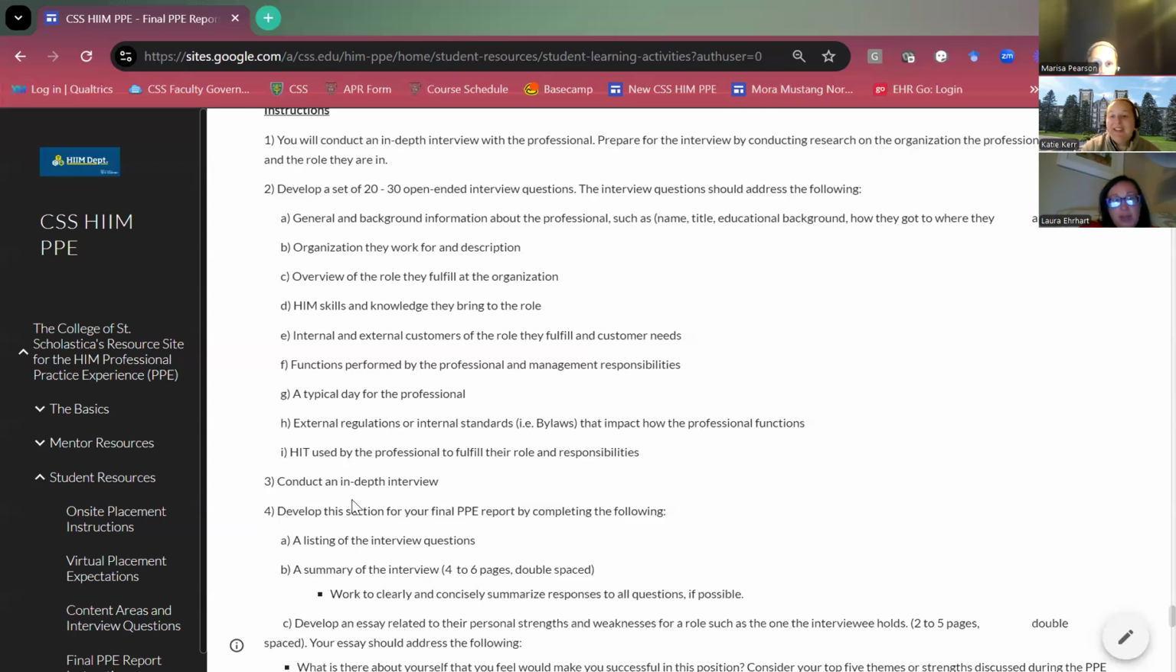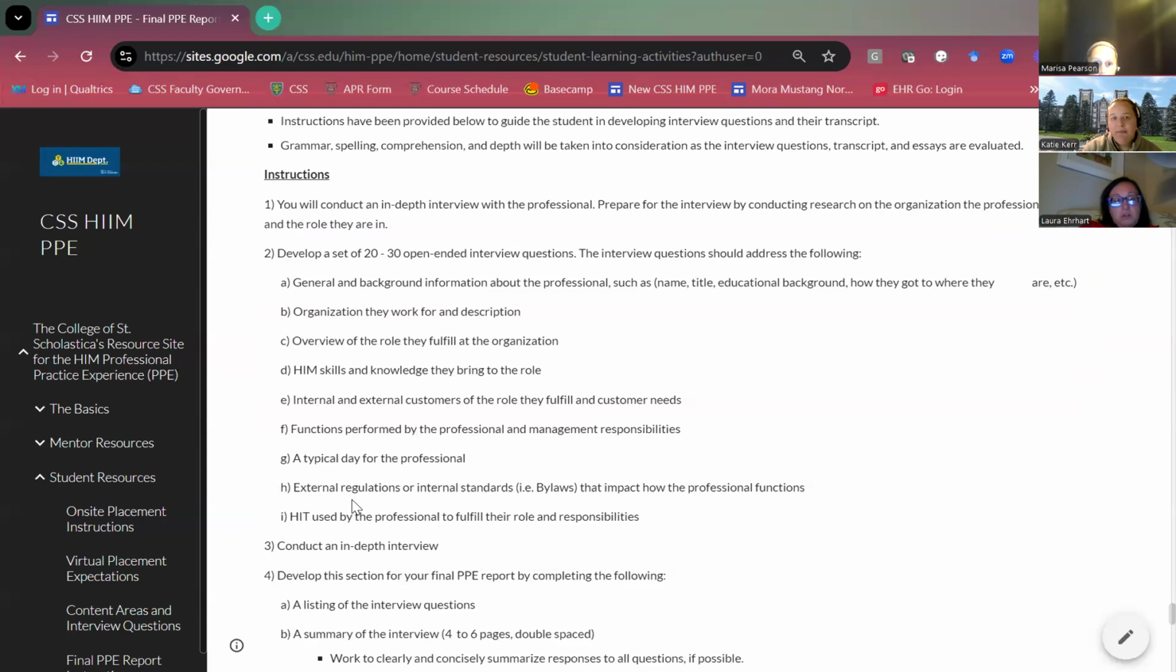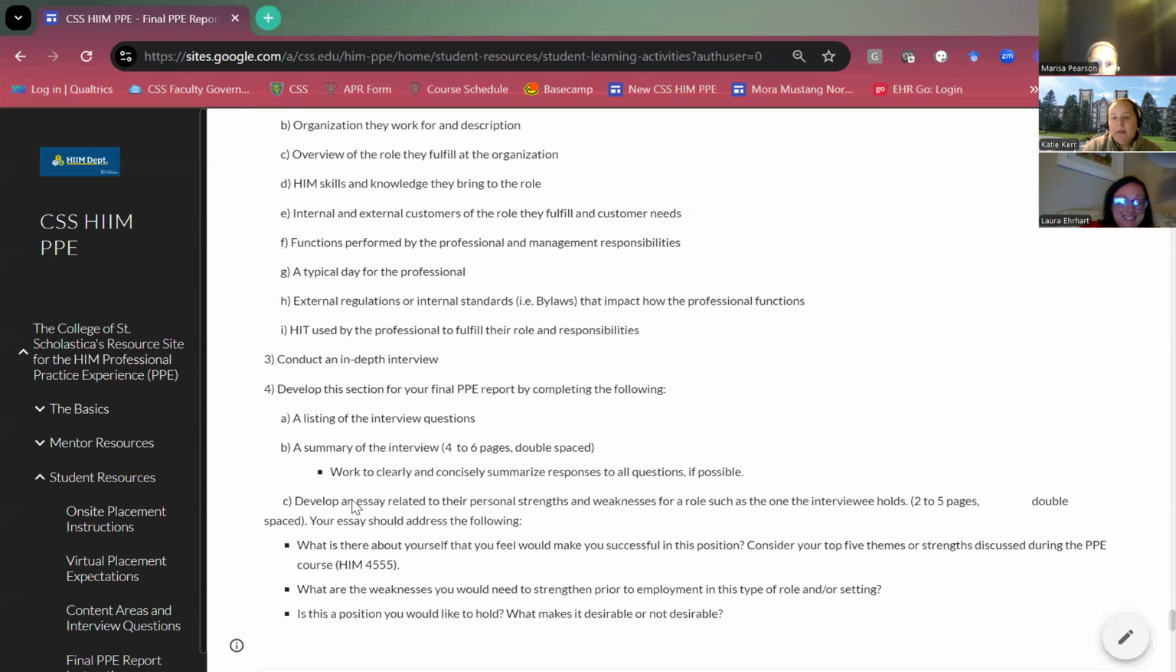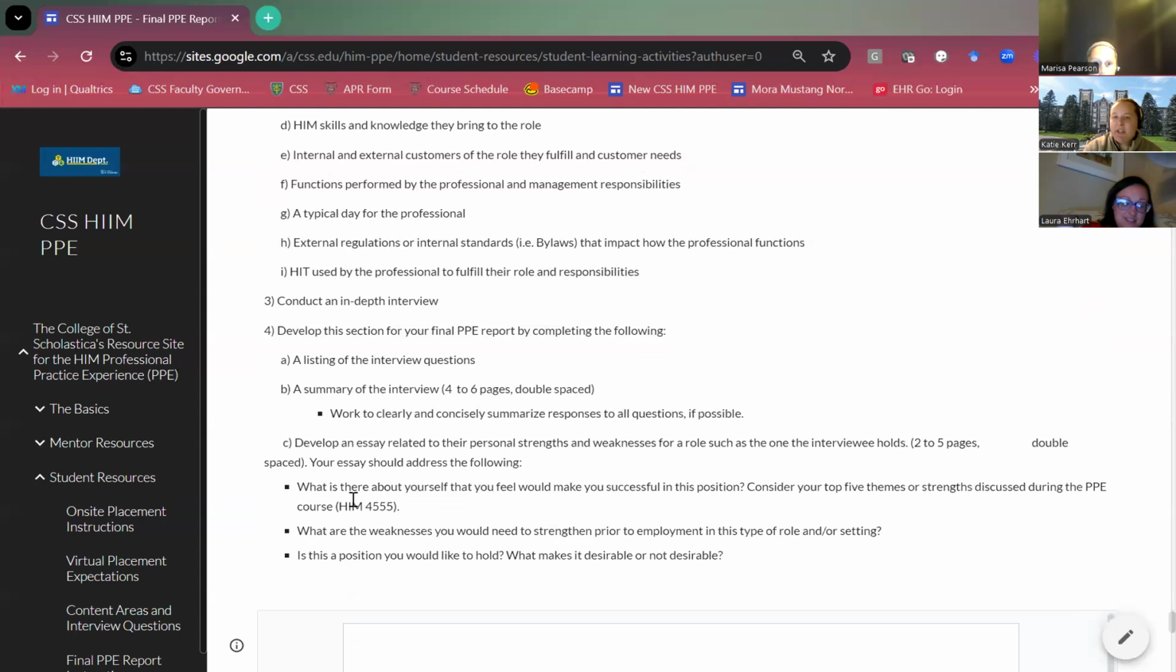So yeah, this paper can be in lieu of the workflow analysis. Yep, so this is your alternative, Laura. I like it. Because like I said, sometimes it's just impossible to do that workflow analysis remotely. So this just gives you a way to do a deep dive into a different role,